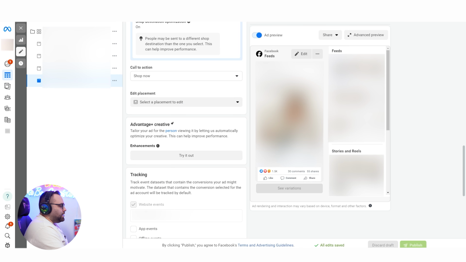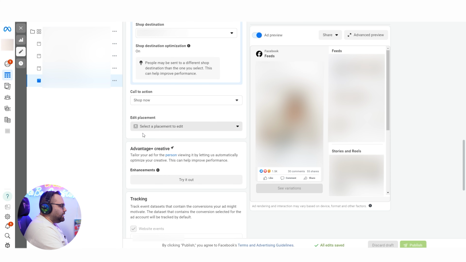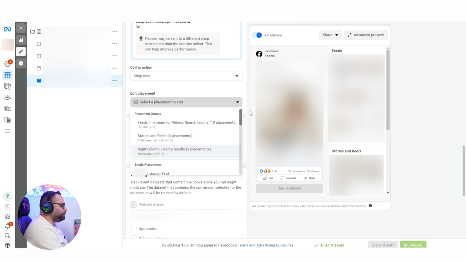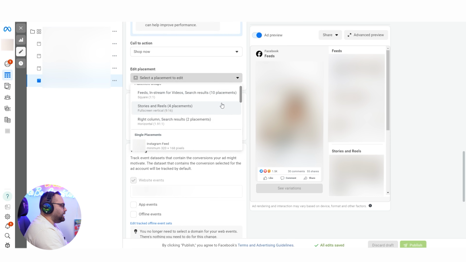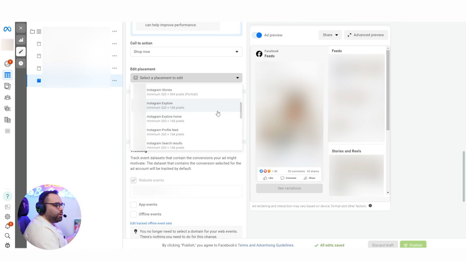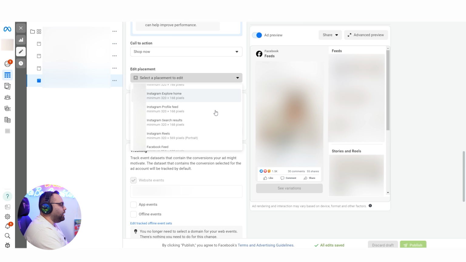Another thing that I'm doing a lot and want to mention is this hidden setting over here. As we said, you're going to take one post which is a feed post from Instagram. These comments are not going to be transferred to the Facebook side. So maybe you can use another creative. As you can see here, we have Instagram feed, Instagram stories, Instagram explore. You can use different creatives for all of that.